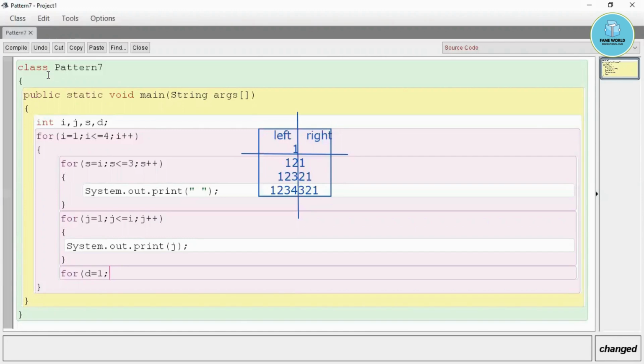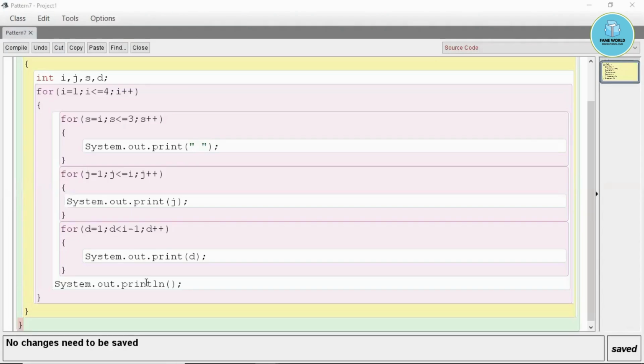After that, here I'm going to start another loop, that is for d. For d I'm going to start, that is for the right hand portion. So now as you can see, here we are having one less. You can see we are not printing from the very beginning, we are leaving the first row and then we are printing. So in this case we have to focus on how we can print one row less than i. Now you can see what I have done, I have taken d less than i minus 1. So d less than i minus 1 will reduce one row from the i loop. Okay, then we will print d, and then we will take the next line.